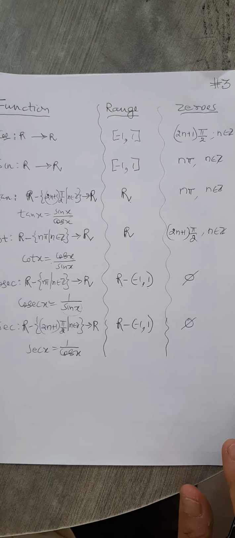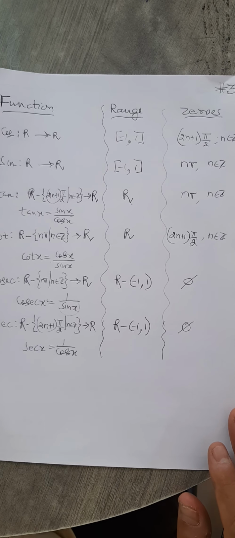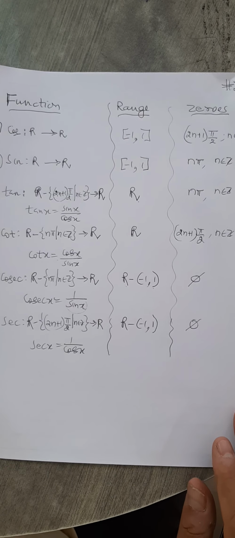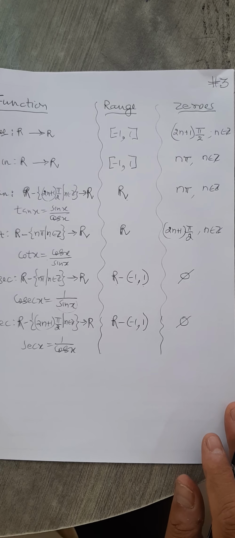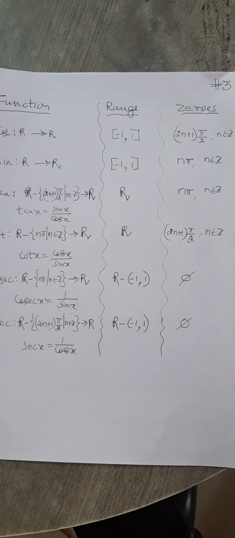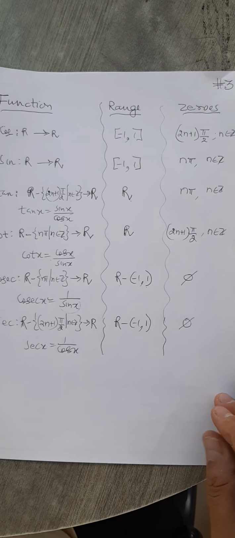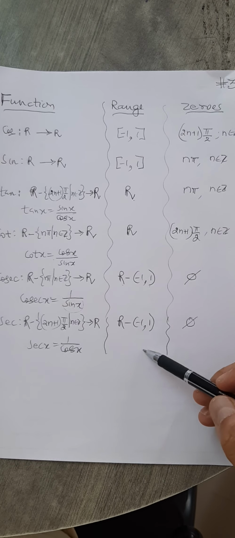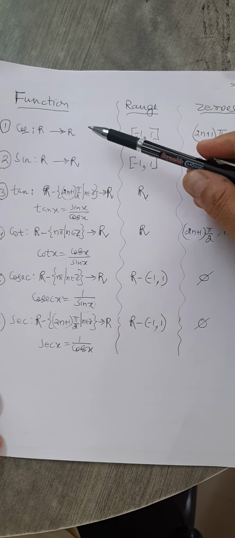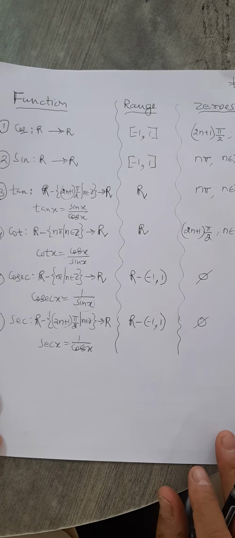Right? So this is a very important table, remember this. This is the final consolidated table which we discussed so far. About here, zeros of these trigonometric functions. This is about the range of the trigonometric functions, and this is about the domain and codomain of trigonometric functions. Okay,